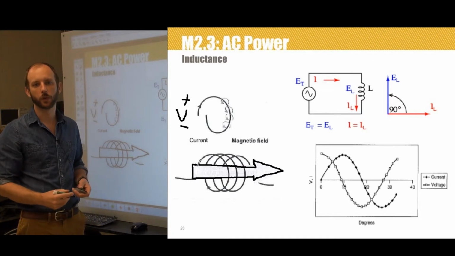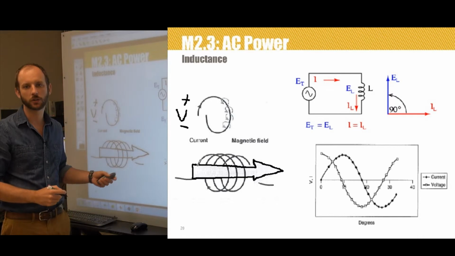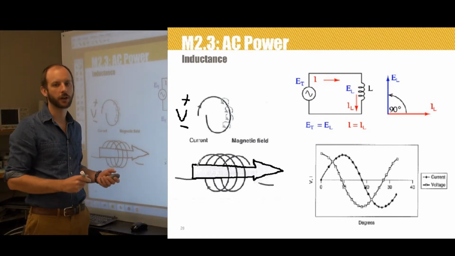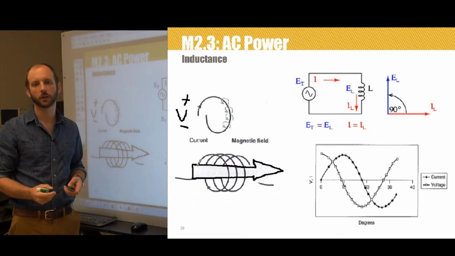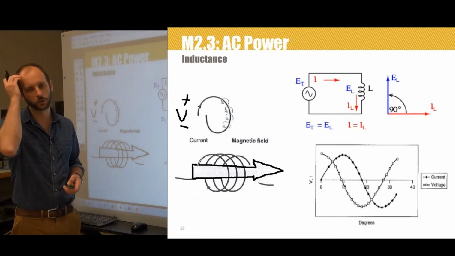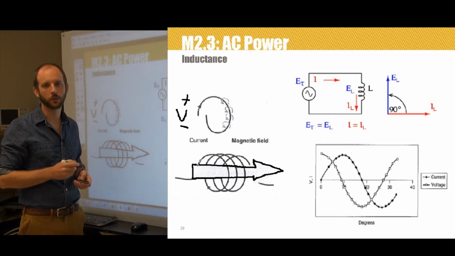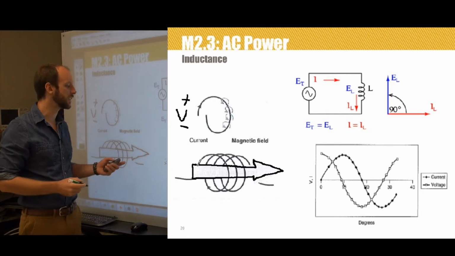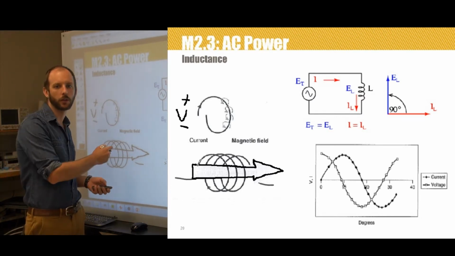This results in an inductor having an inhibiting effect on the change in current flows. This inhibiting effect will result in a delay or a phase shift of the alternating current with respect to the alternating voltage. So the current will be delayed with respect to the voltage. And what we say is, in an ideal inductor, assuming that this inductive device has no other properties other than inductance,